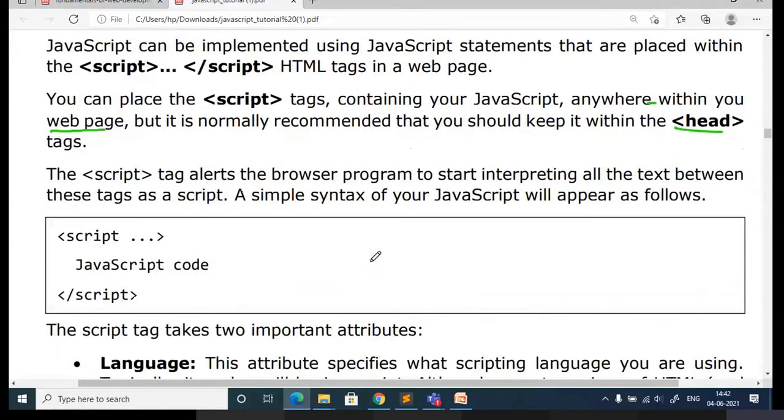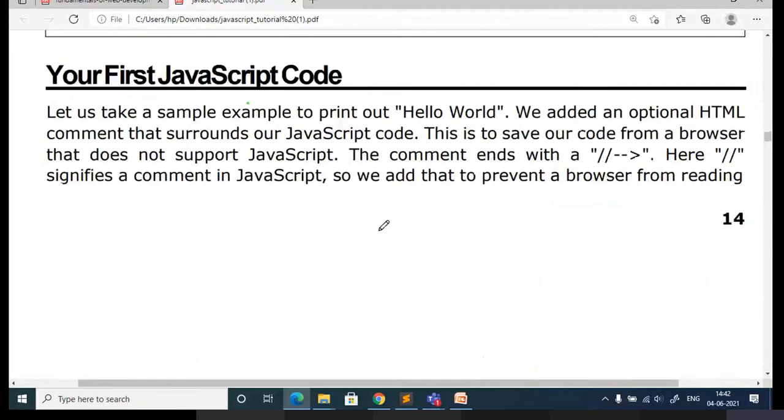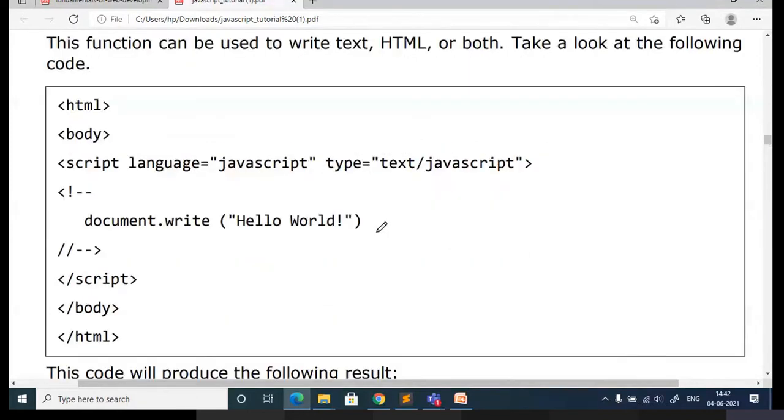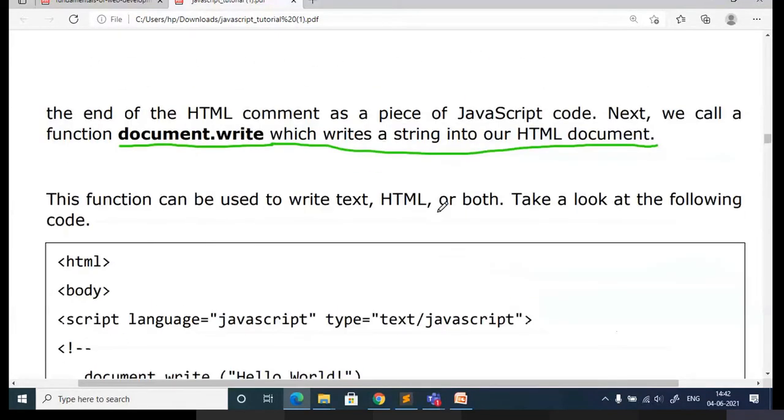This content is already explained, so let me quickly move on to the other part. Most of the time we'll be using one function called document.write. Just note this down. If anybody has a notebook, note this down. When you are sitting in class, keep one notebook. Don't always wait for the notes I'll send. When you are learning programming, immediately note down and try to work with those functions.